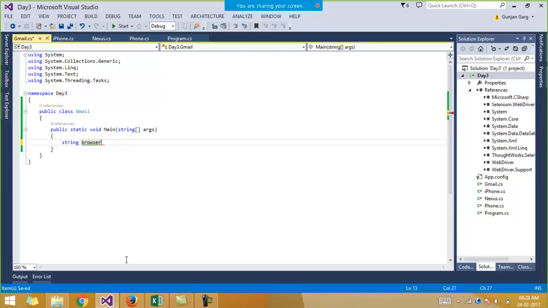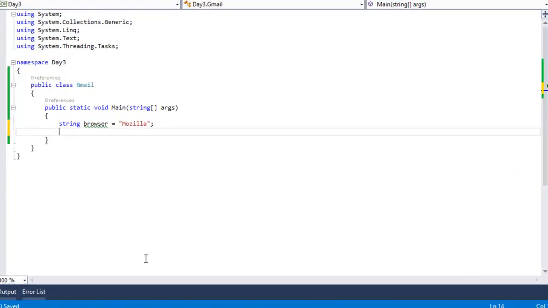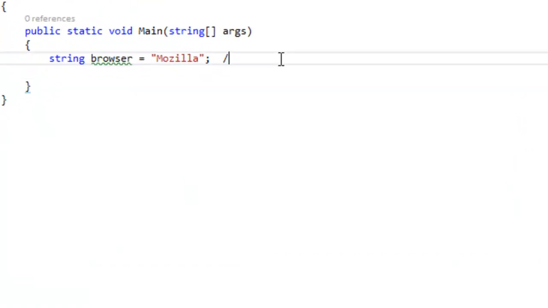I will simply declare a variable, say browser, and give it the value, say, Mozilla, that is, you want to open the Firefox browser, right? You can give any browser you want to open. You can even give the Chrome browser or the IE browser.